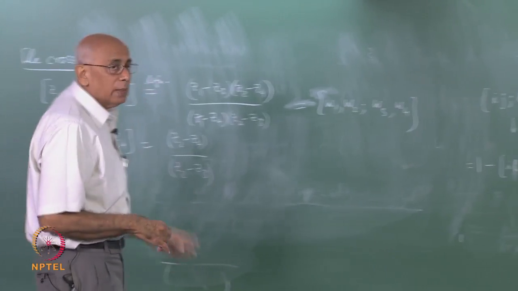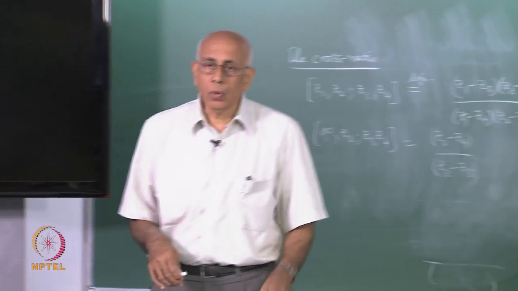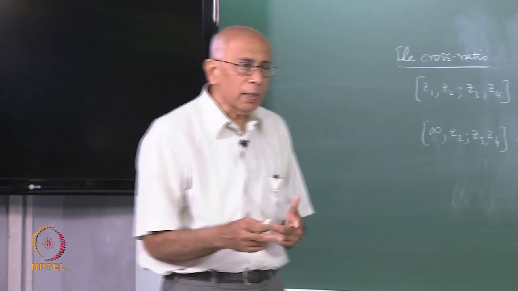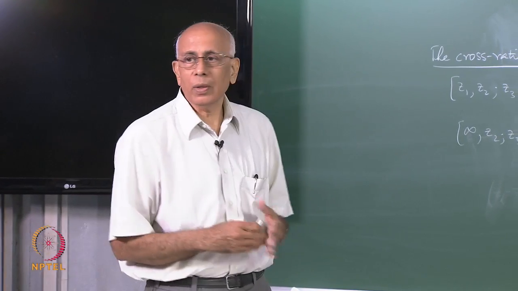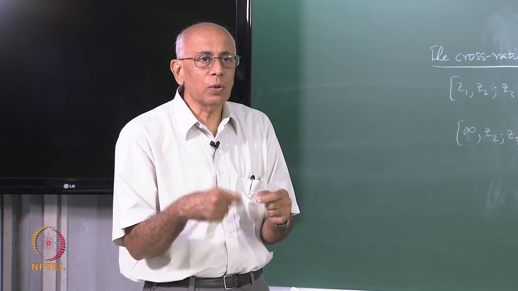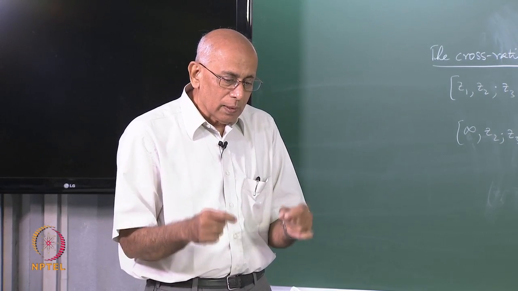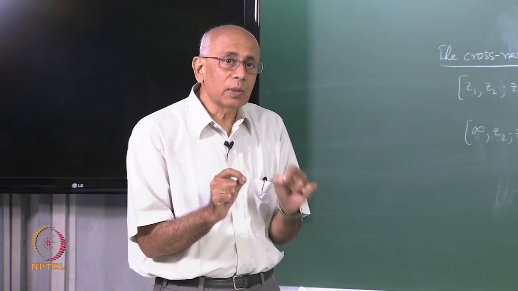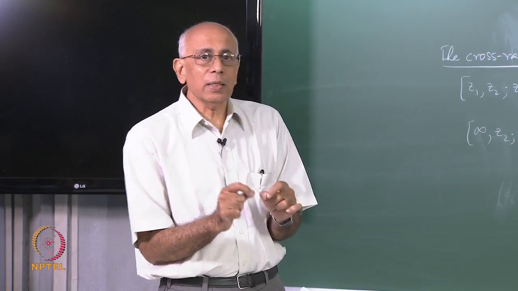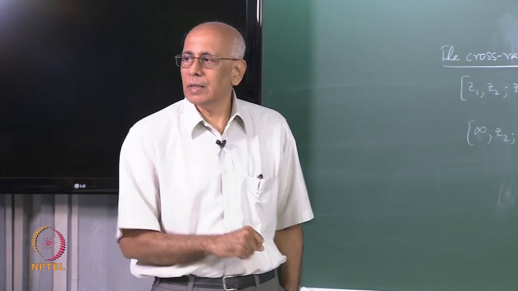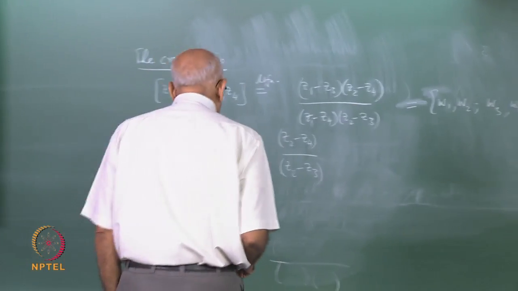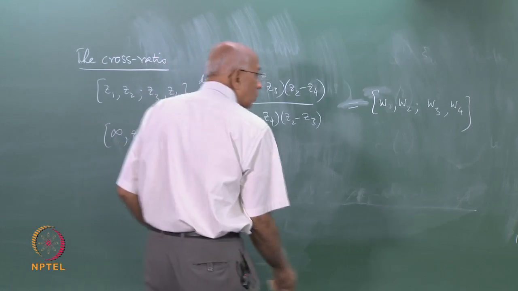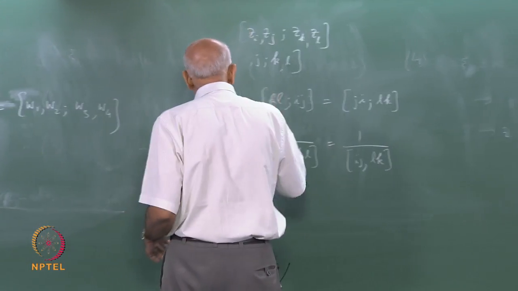Now with this in place, it is now possible to look at what a Möbius transformation looks like in terms of the fixed points, because there is something very special going on with these fixed points. Under this map, the fixed points alone remain unchanged. So you would like to ask what happens to points in the neighbourhood of these fixed points, what kind of things do they go to. Well, let me point out one thing first, that if you give me